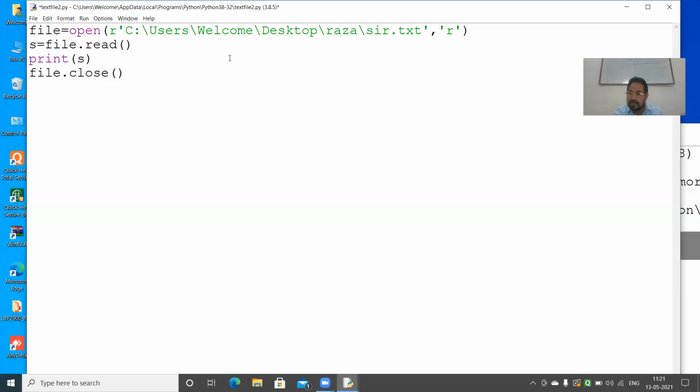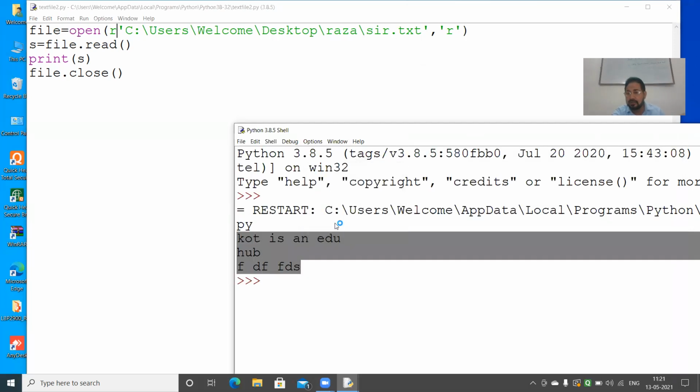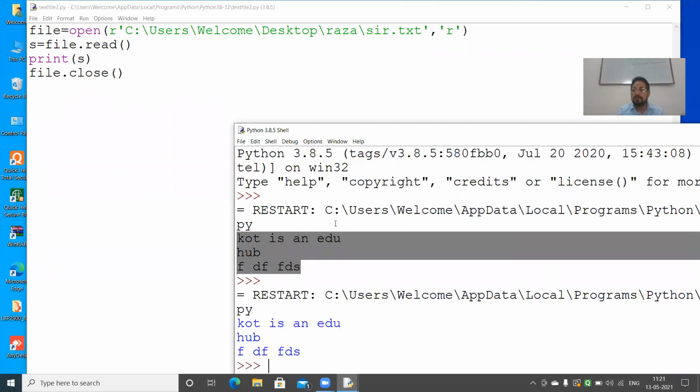So just write R for raw string, the prefix R for raw string, so that it is accessible. Any path you give, it will accept. Otherwise, it will show an error. So now the problem is solved. Please note down the definition which I have given you.